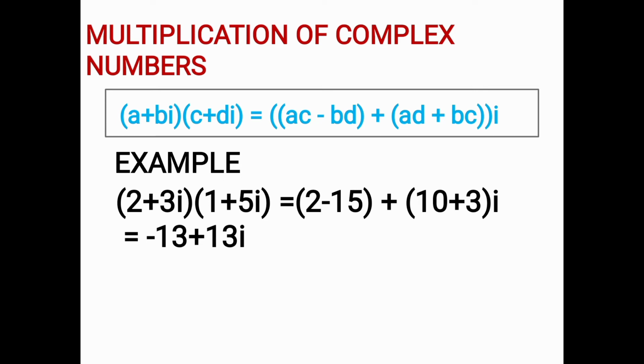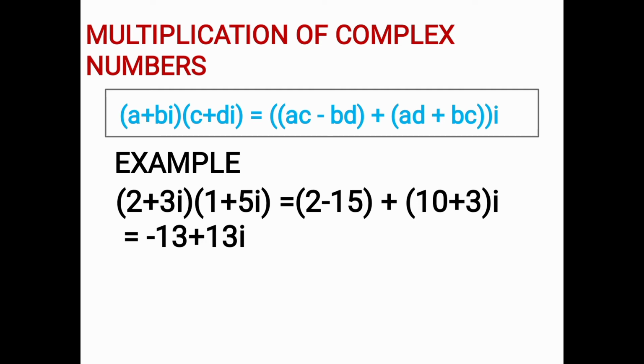(a + bi) multiplied by (c + di): the multiplication result is ac − bd, very careful, ac − bd, plus (ad + bc)i. This can also be simplified later on when we do the problem. It will be more simplified, and it is not required to memorize this type of formula. However, you should know it. Example here: 2 + 3i, 1 + 5i.